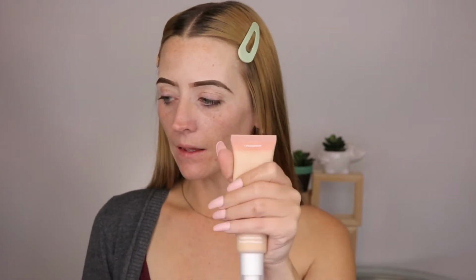I'm really sad that I did not match this properly, but I really thought that this was going to match me. This is the packaging for the Colourpop Tinted Moisturizer, and I like these little squeezy tubes that have the pump on them. Also, this is in the shade Light 7W. So I'm just going to pump some on the back of my hand. That looks a little bit better. I'm still kind of worried that it might be just a smidge too light for me, but we're going to